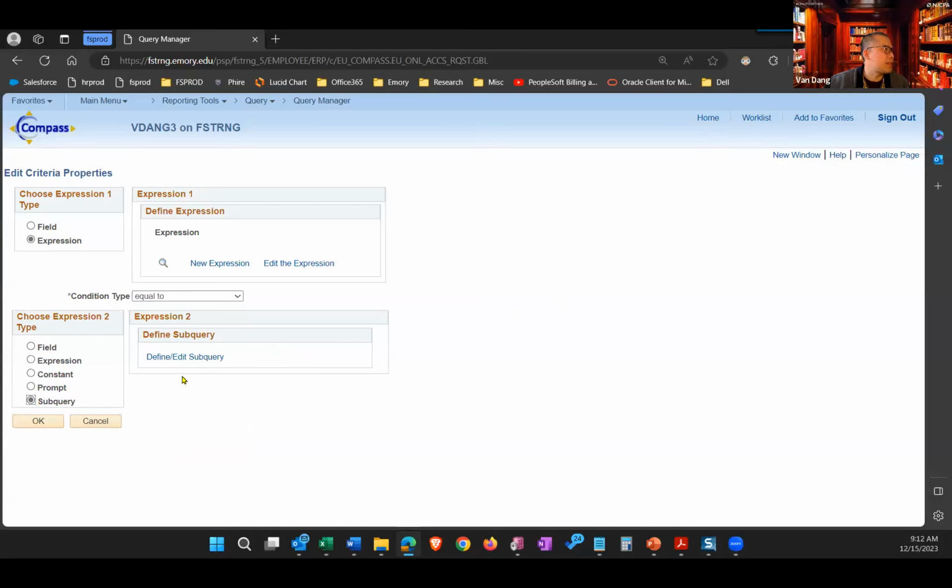So this is more of an advanced feature, but what it is, so you have your main query, and then as part of your criteria, you can have another query. It's called a subquery that goes underneath that. It can be useful, although to get good at it, it does take some practice. All right,